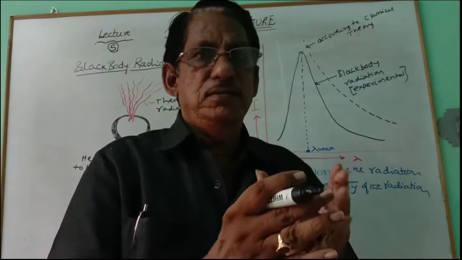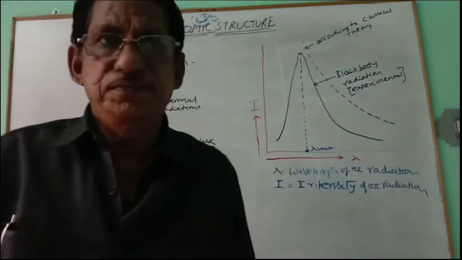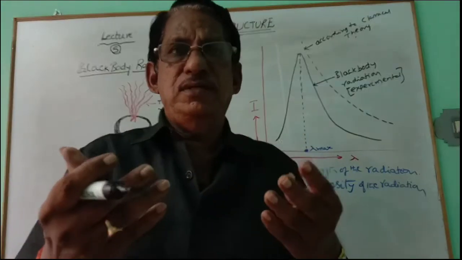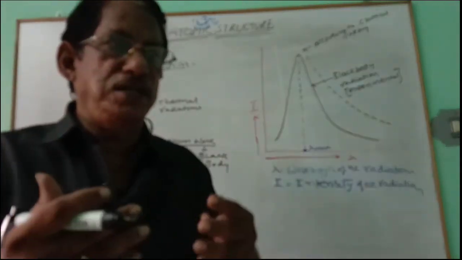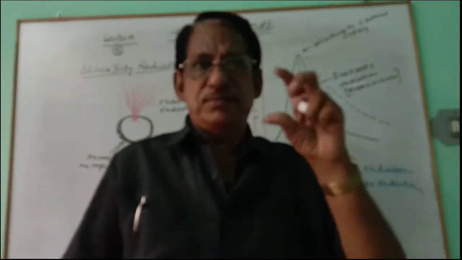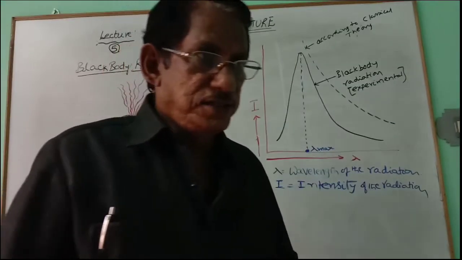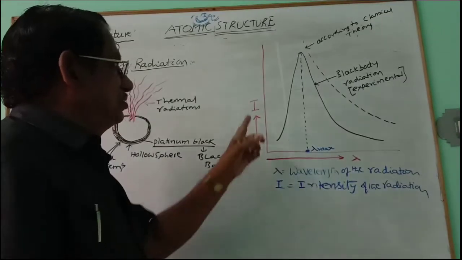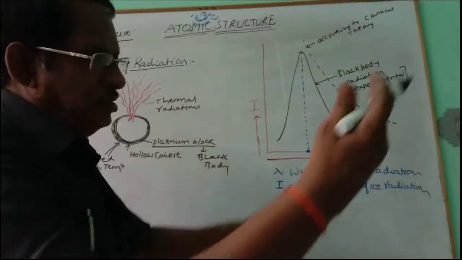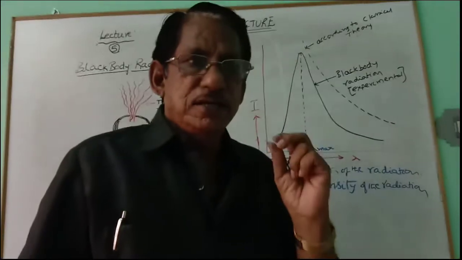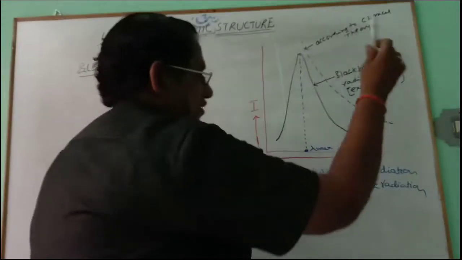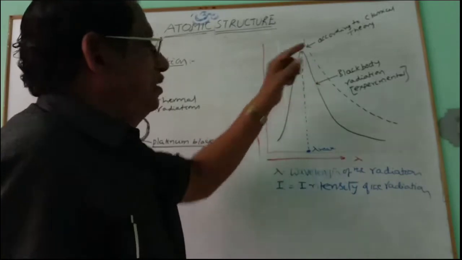Lambda 1 wavelength, how many of these are obtained? Lambda 2 wavelength, how many are obtained? If more of some wavelength is obtained, you have to say that wavelength is more intensified. As the intensity increases, the number of that particular wavelength increases. In this way, you draw a graph between these two variables, intensity and lambda. When the graph is drawn, this sort of graph is obtained, showing a peak here.